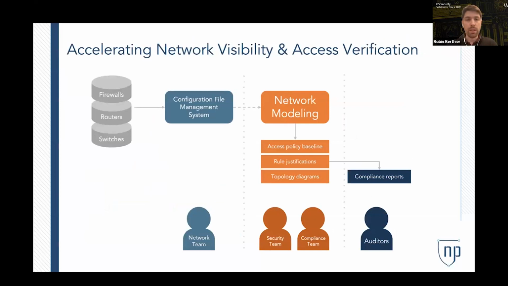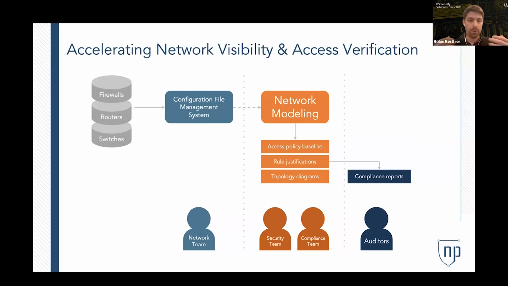So the way this is usually deployed, it's at the back end of an existing configuration file management system or backup system. So you have your network devices in your OT environment, firewalls, routers, switches. You keep a backup or a copy of those configuration files, and then you can either import them offline, by hand, into your network modeling solution, or you can put a connector with a scheduler, which will, on a weekly or daily basis, import the latest version of those files and refresh and build that model of the network.